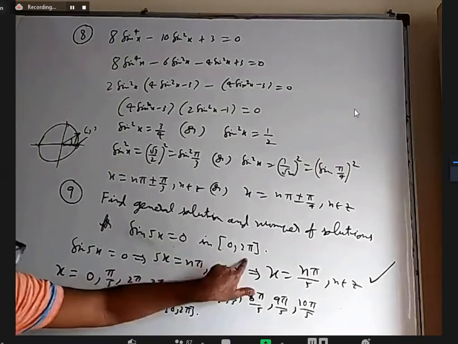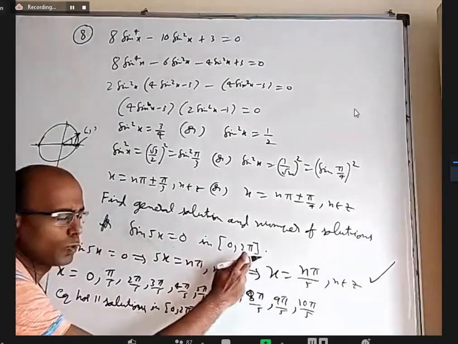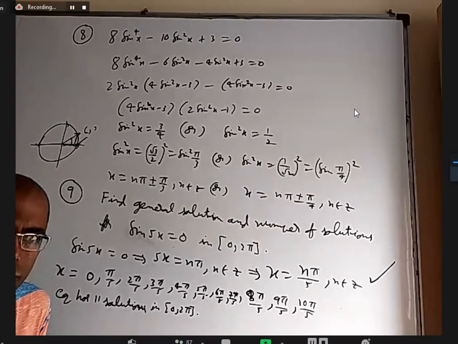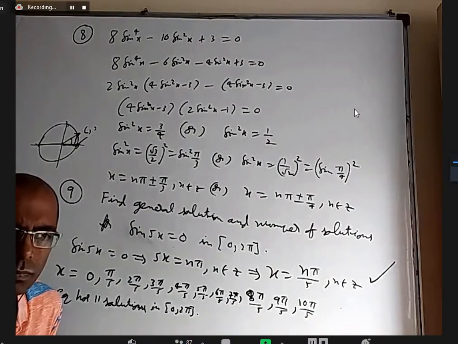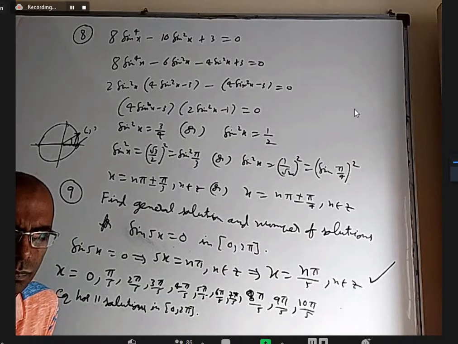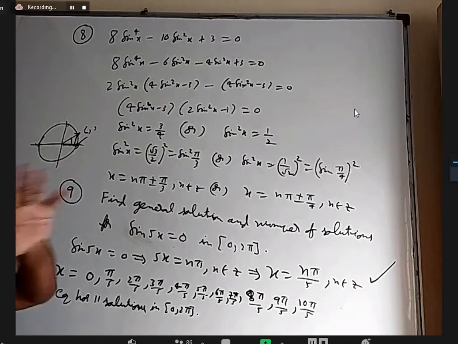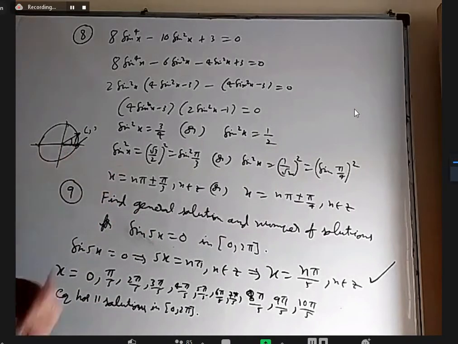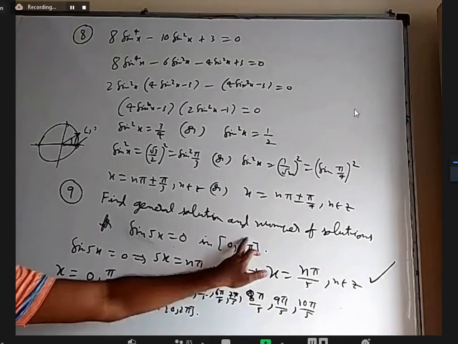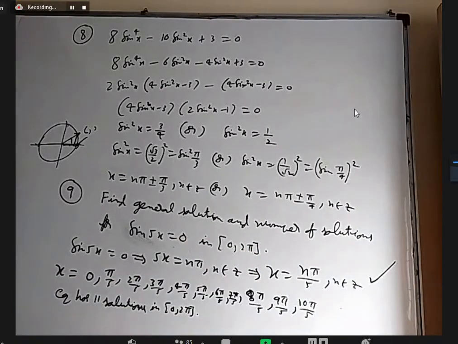So when you take the closed interval 0 to 2 pi, when x is between 0 to 2 pi, 5x is between what to what? 0 to 10 pi. Okay, 0 to 10 pi means how many rotations here? 5 rotations: 0 to 2 pi, 2 pi to 4 pi, 4 pi to 6 pi, 6 pi to 8 pi, 8 pi to 10 pi. 5 rotations, and each rotation will give you 2 solutions. So you'll get 10 solutions, plus the closed interval at the end will give you one more, that is the starting of the next one kind of. So you'll get 11 solutions.